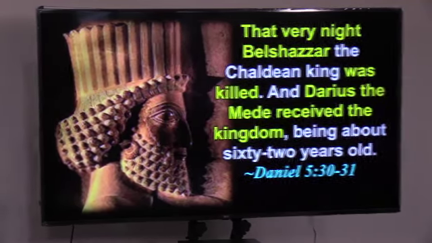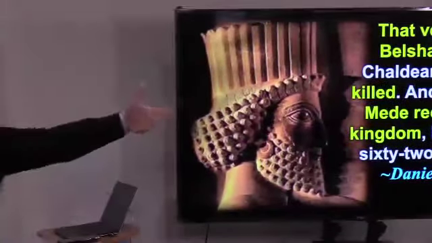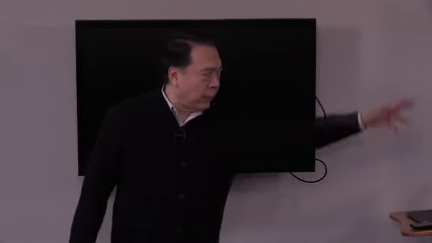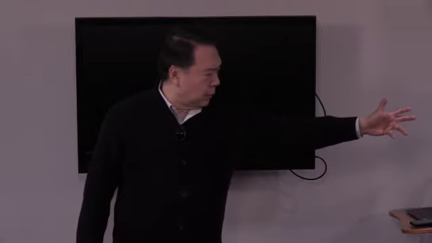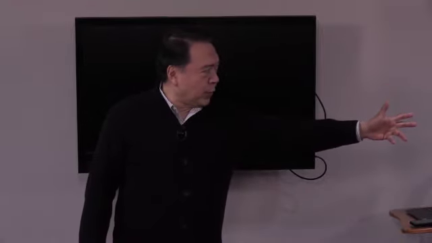Okay, we will spend a little time here to understand this, because we don't have Cyrus, we have Darius here. How do you explain the fact that it was Cyrus who took over Neo-Babylonia, when in fact Darius is mentioned by Daniel? There's a quick explanation to this. Before that, though, while Cyrus was doing his rampage against the territories close to Babylon, he started building canals connecting to the river Euphrates.